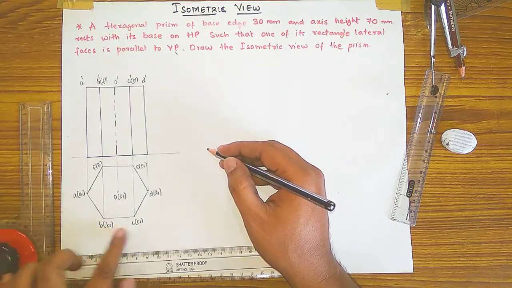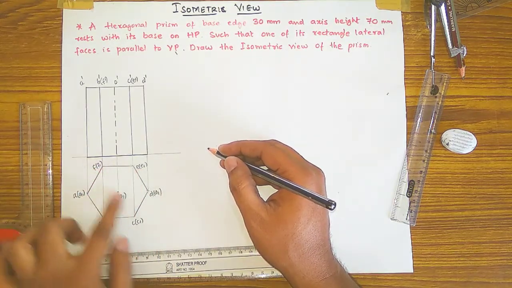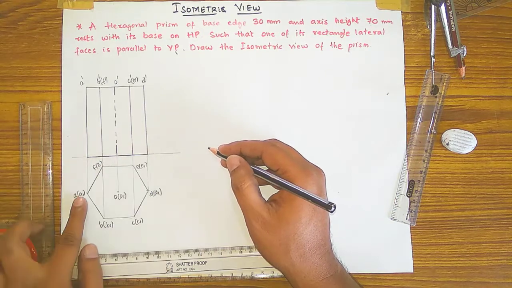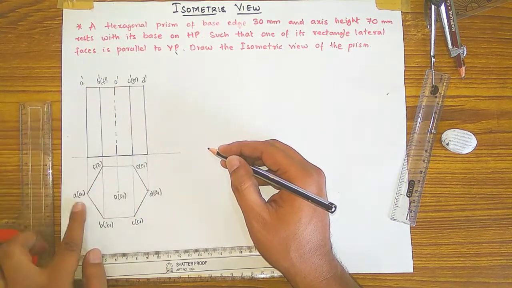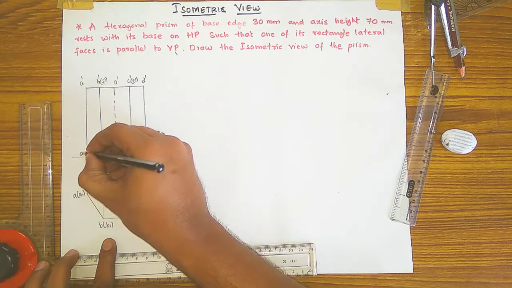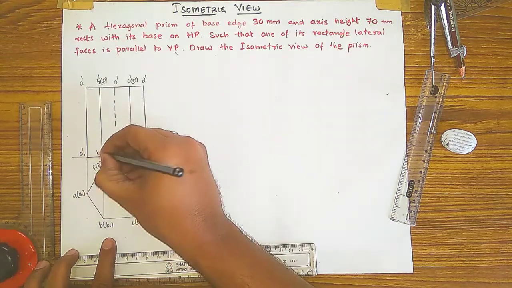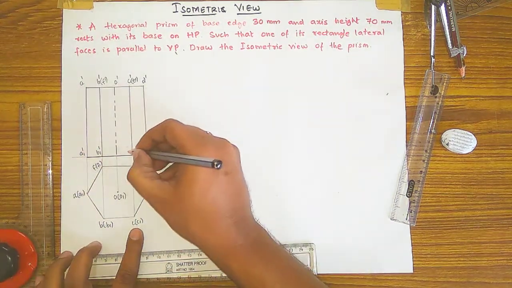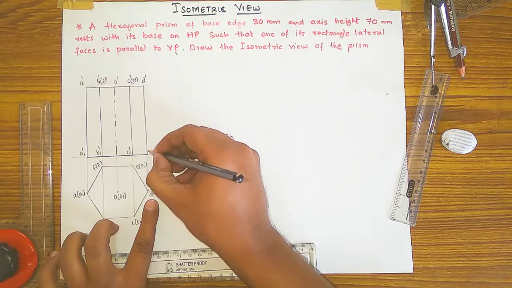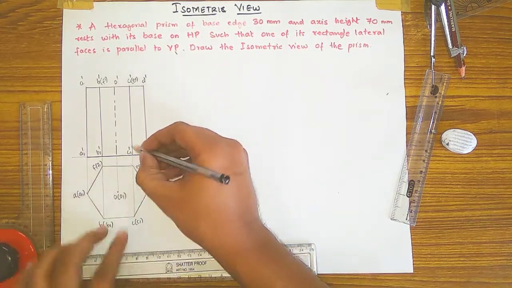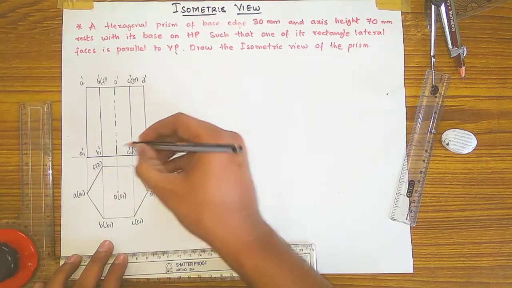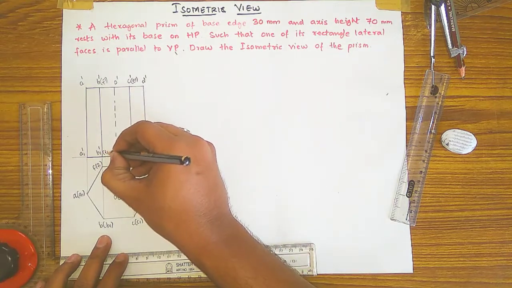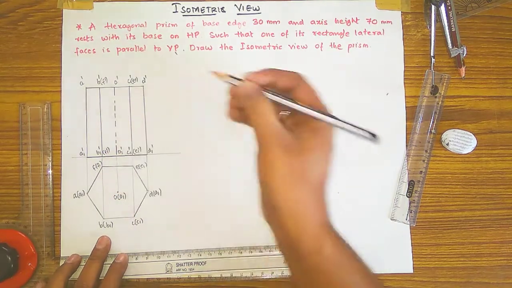And for this A1, B1, C1, D1, E1, F1 and O1, you have to label it here. So same process as done for these points. A is visible from downwards, so A1 dash. B1 is visible, B1 dash. C1 is visible, C1 dash. D1 is visible, D1 dash. E1 is not visible, in bracket you have to write E1 dash. F1 is not visible, F1 dash, and remaining O1 dash.